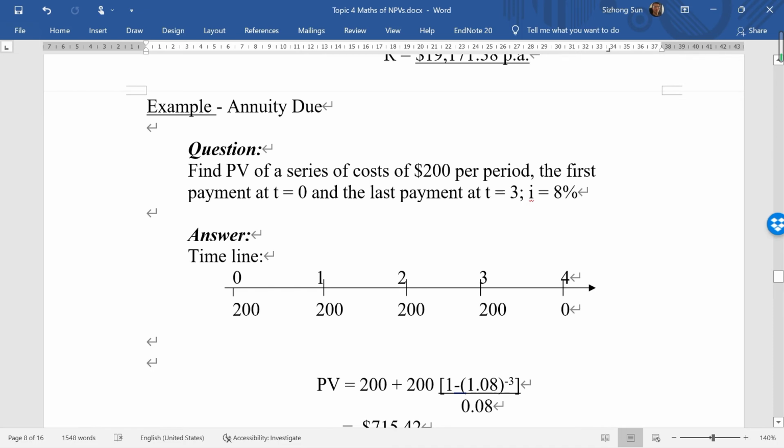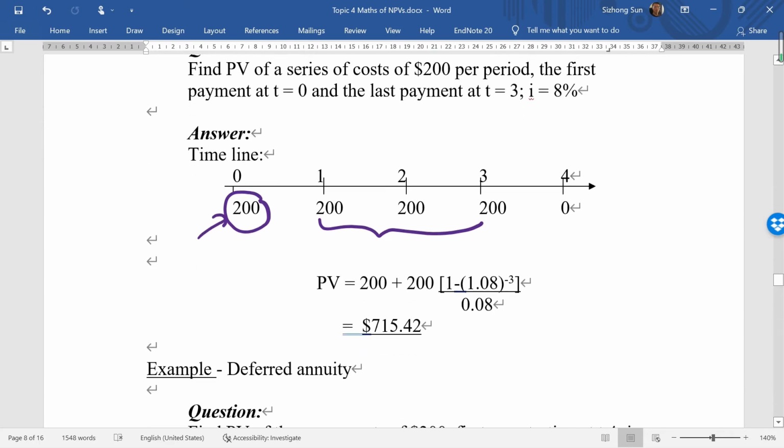We can also calculate using the formula for an annuity due. The first payment occurs at the beginning of year 1, so the first $200 is already a present value. That means $200 plus an ordinary annuity of 3 years. So $200 plus 200 times the annuity factor, we get